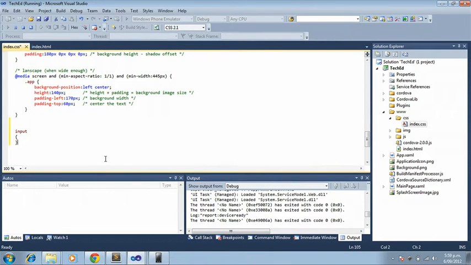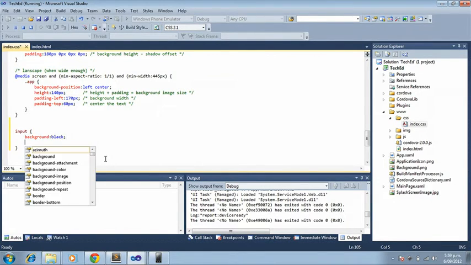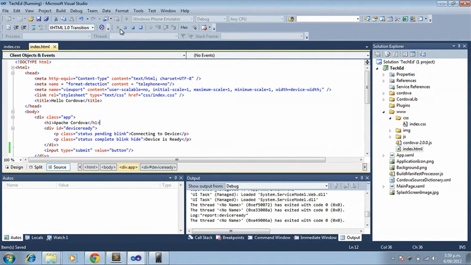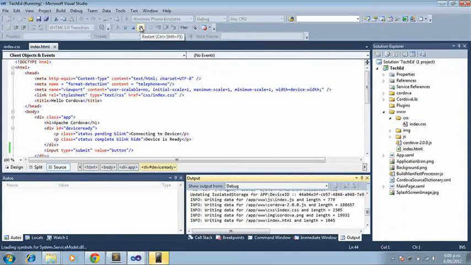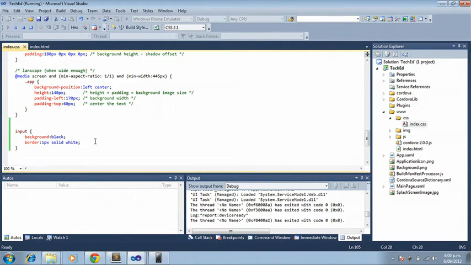I'm going to cheat. Helps when I change the actual color of the text, doesn't it? But you get the idea. And then all of a sudden,